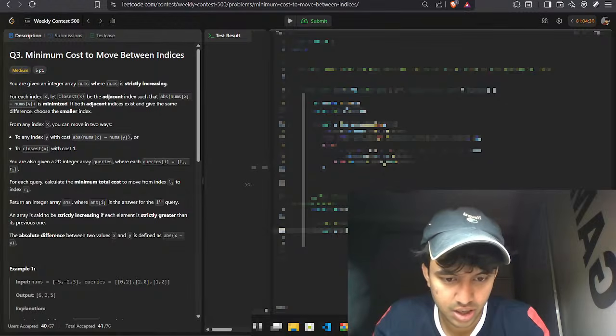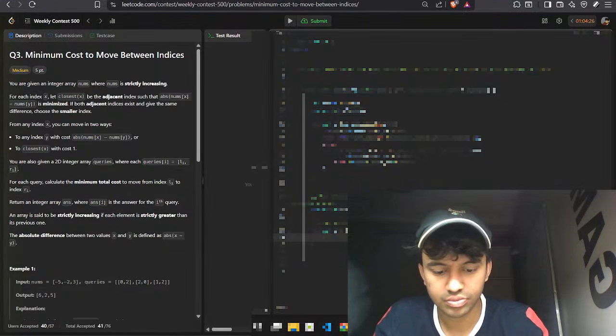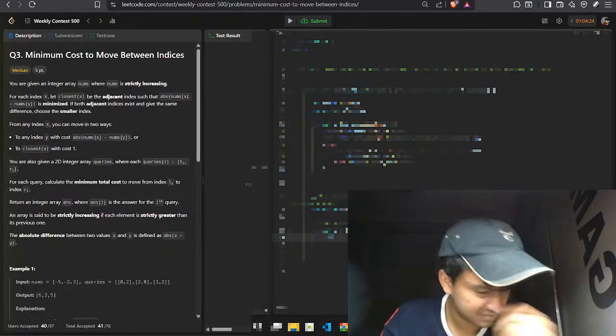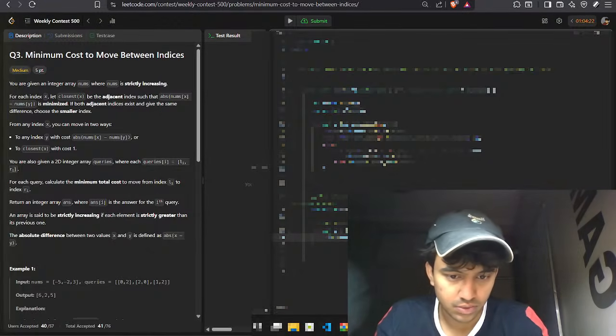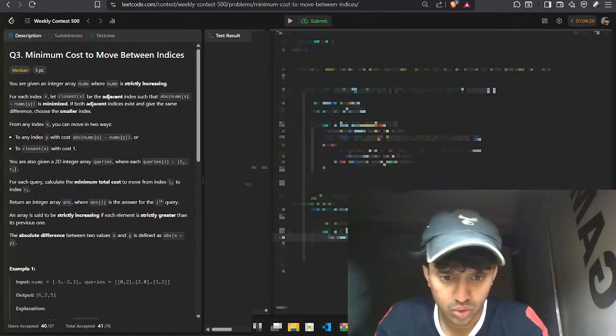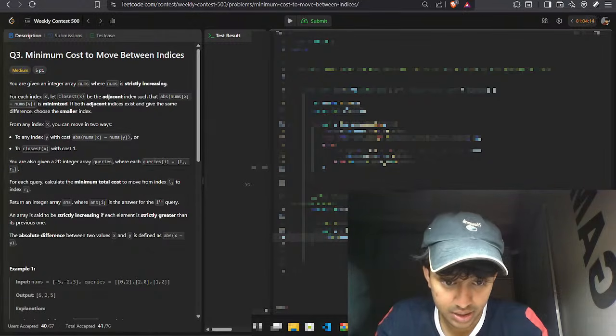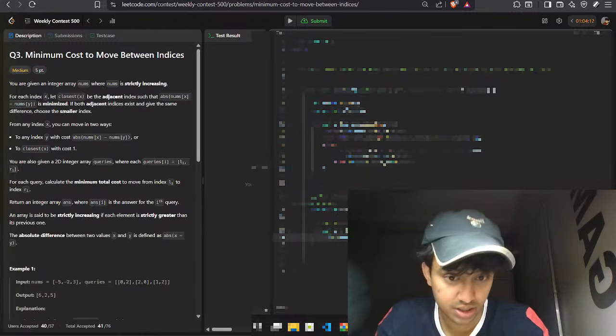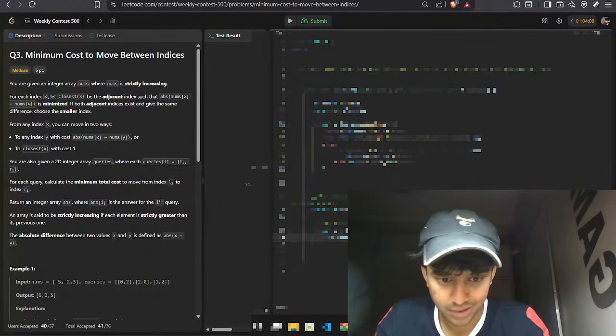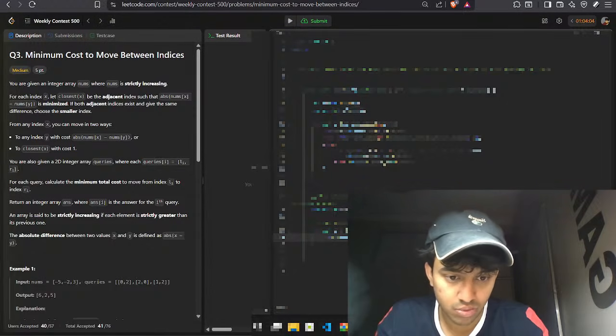For i not i greater than or equal to 0, i minus minus. If closest of i is greater than i, then we can say moves of i equals 1 plus moves of